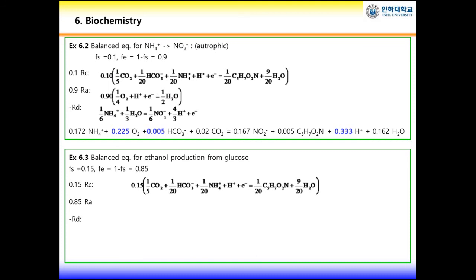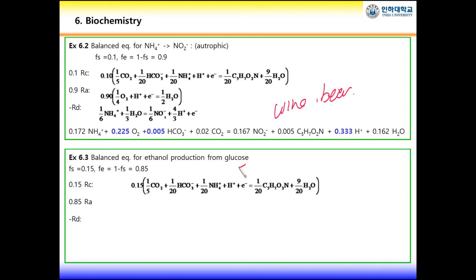So this example 6.3 is more or less the real fermentation. It's ethanol production from glucose. That is quite common in making liquors, wines, or beers. Wine is making ethanol from grapes. Grape is sugar, a monosaccharide, so it's kind of glucose. So the ethanol production from glucose